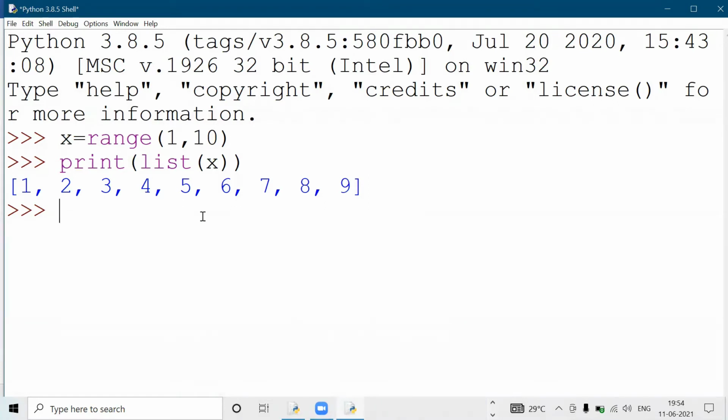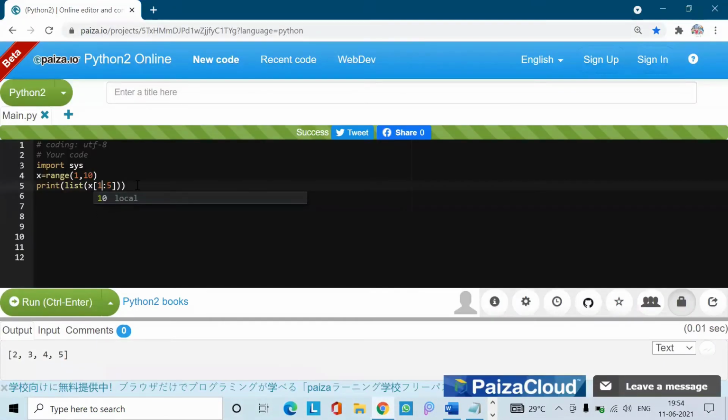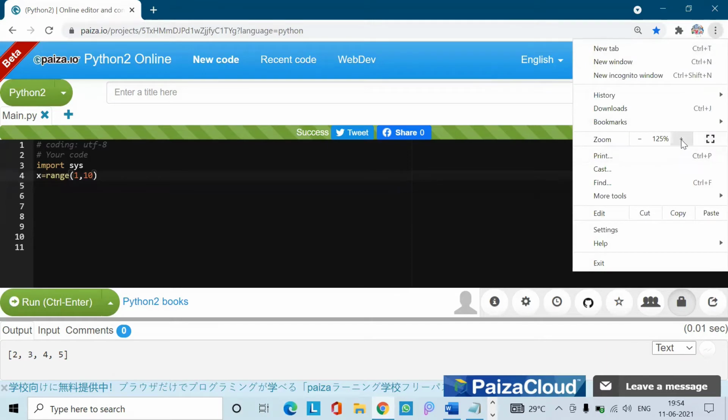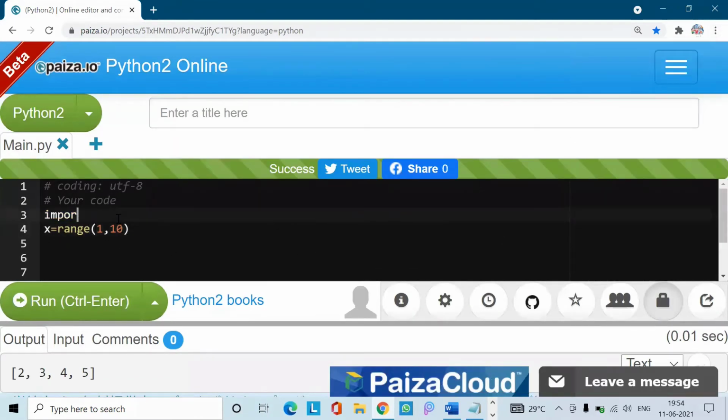We cannot use the xrange function in Python 3, so let us move to Python 2 in order to use xrange. This is Python 2, an online compiler. Let us take xrange.